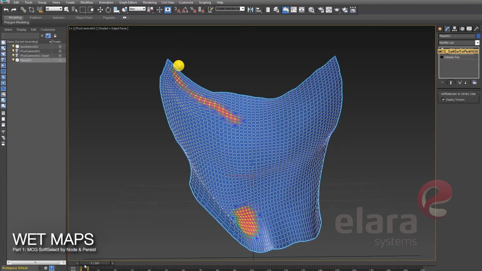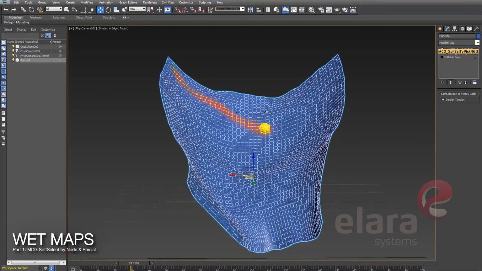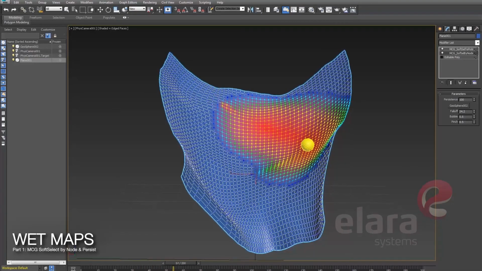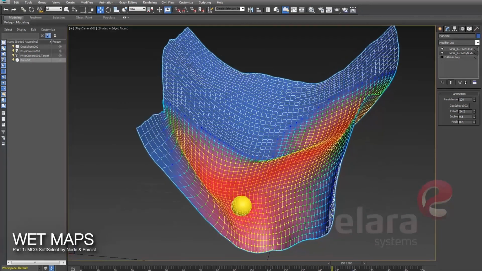So if we go back to our max file, we can see that as our node comes within the falloff proximity here that we've set, and we'll raise that up just to see what that looks like, of these verts, effect region makes this region, that gets pumped into a cache, which is then holding the highest value for n number of frames here. And that is the basics of this.